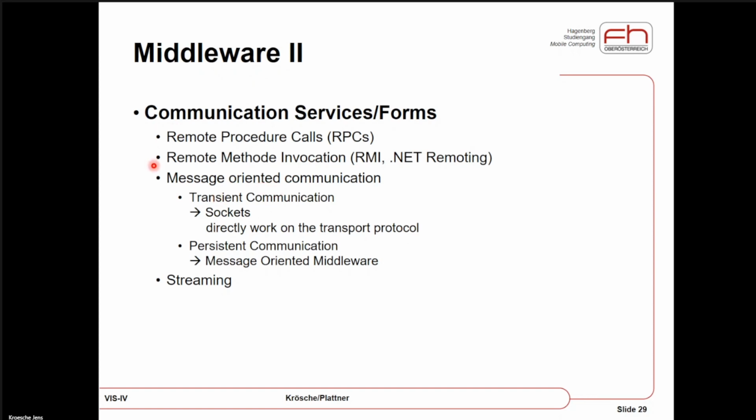Let's slightly turn the thing around. This is more like a connected version, and the message-oriented one is more like a disconnected version. So we just want to announce what we want to do, and it's more asynchronous and integrated.